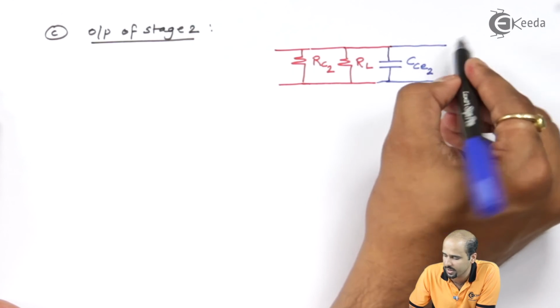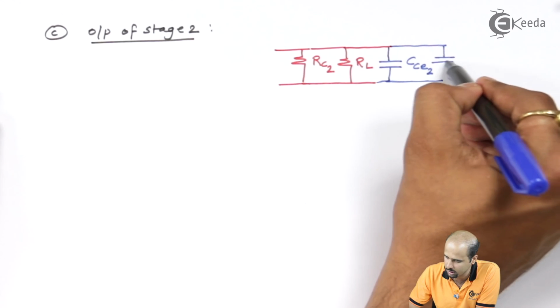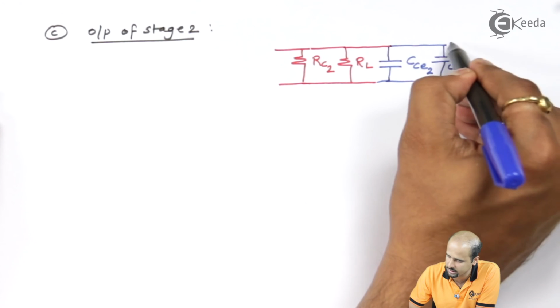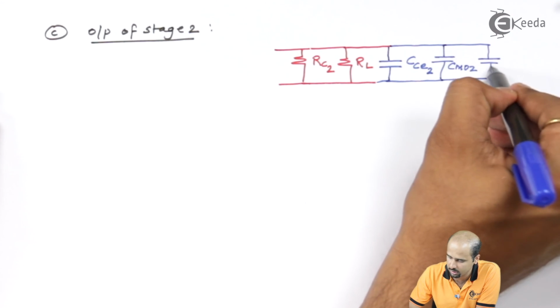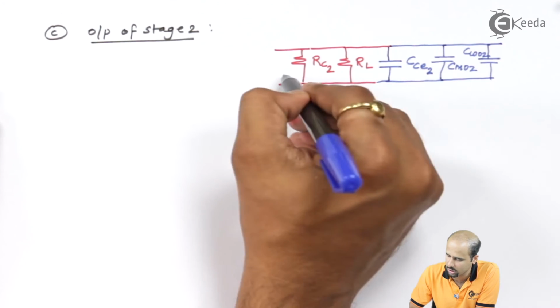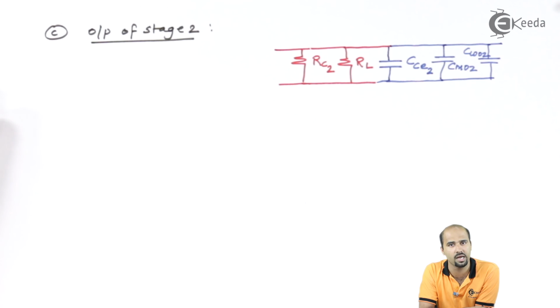Then Miller's output capacitance, which is nothing but the replacement of CBC2, that is your CMO2, and the remaining is your wiring capacitor, that is nothing but CWO2. This is your complete RC circuit, comprising 2 resistances connected in parallel combination and 3 capacitances also connected